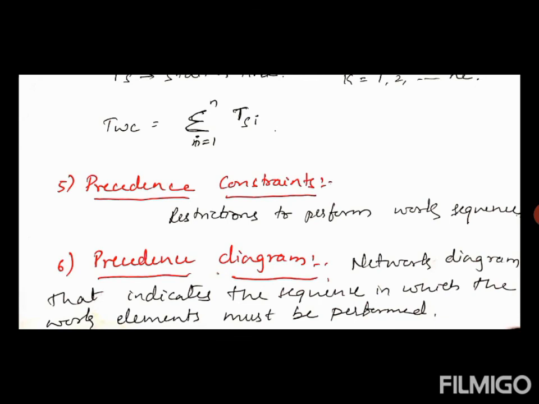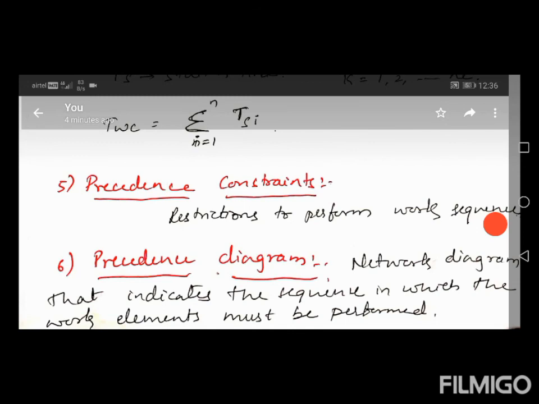The best example is making an internal thread. If I want to make an internal thread in a plane surface, first I need to drill it. Or I can also give the example of tapping. To do tapping, first I need to drill the hole, then only I can do the tapping, otherwise I can't do the tapping. So like this, some